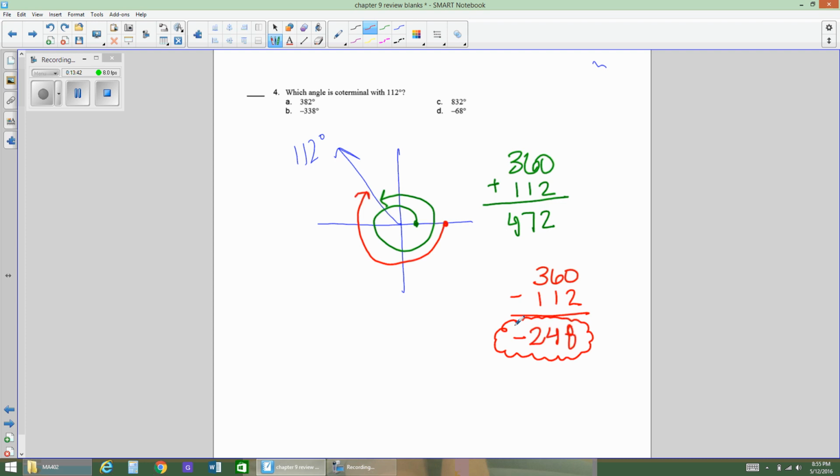So let's look at our answers. We know that it can't be negative 68, and we know that 382 just probably isn't right because we got 472, and negative 338 just doesn't sound right to me. So I'm thinking the answer is C, that big 832. So let me grab another color and we'll try it. If we follow the green pattern and we go around once for 360